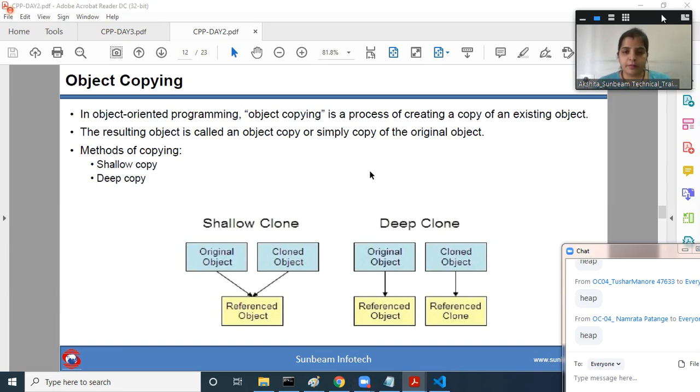Next is object copying. For example, let us look at this. This is just a concept, we will not see the implementation part due to the time constraint. But shallow copy and deep copy are the two concepts on which theory questions can be asked. In object-oriented programming, when you are creating a copy of some existing object,